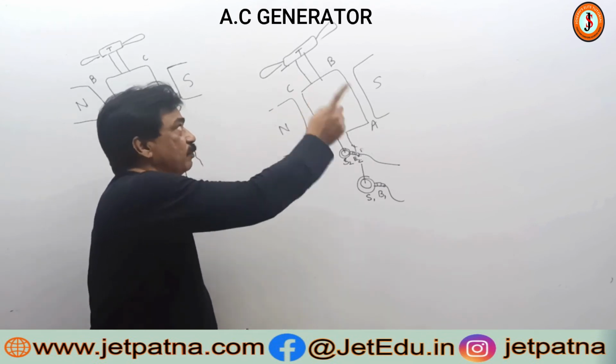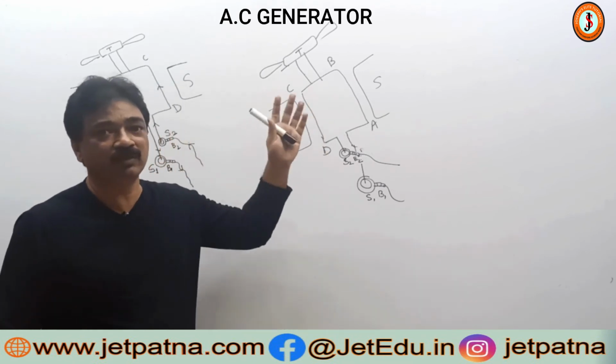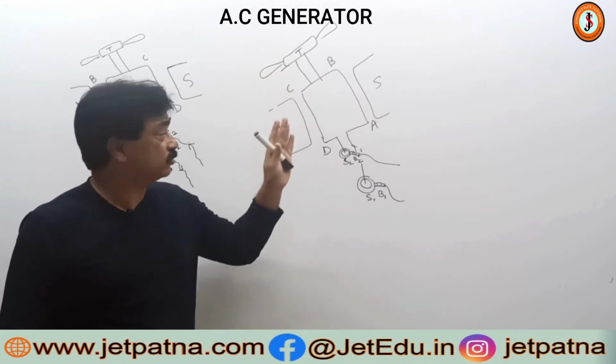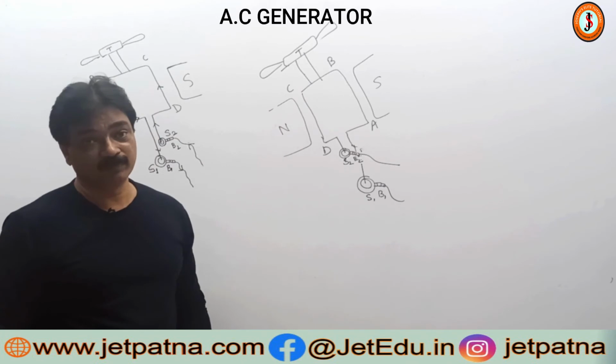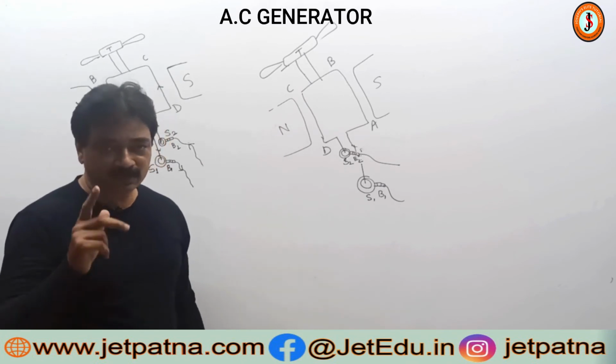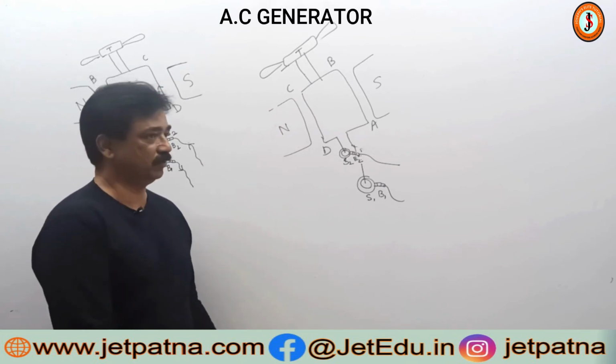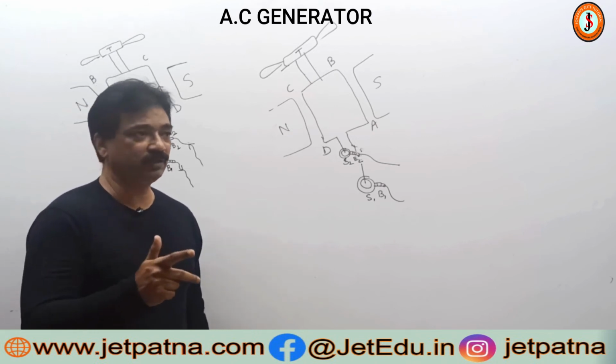Now once again what will happen? The turbine will continuously be rotating according to the falling water. So now CD is going in. Let us try to see. CD is going in. So when CD is going in, once again try to practice this. You can make it on a paper. Make this diagram and try.